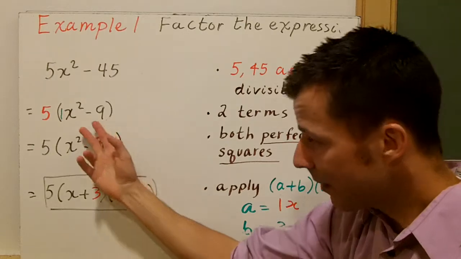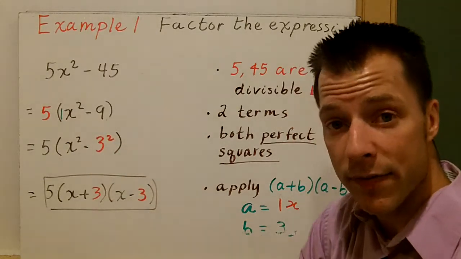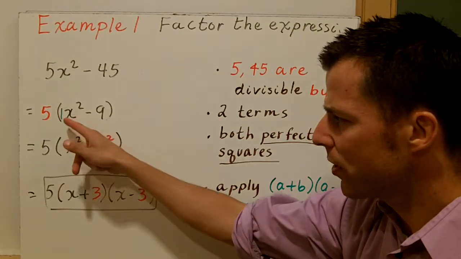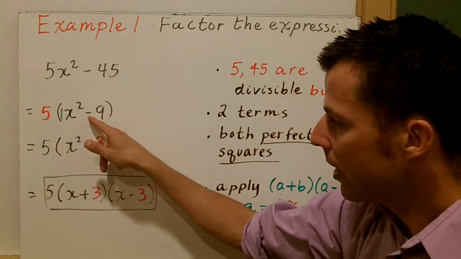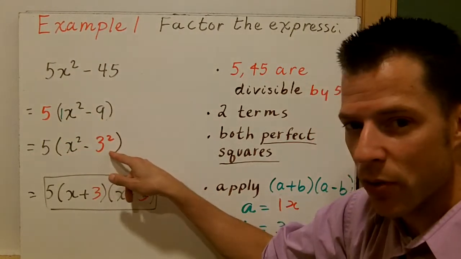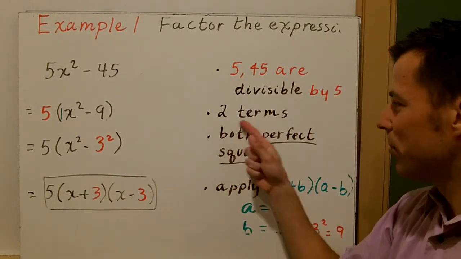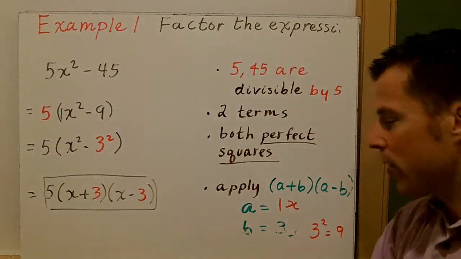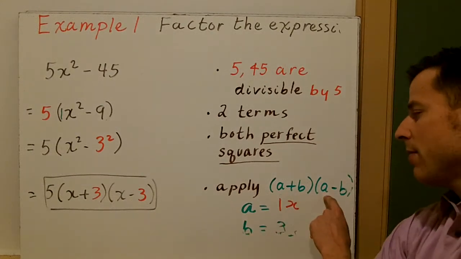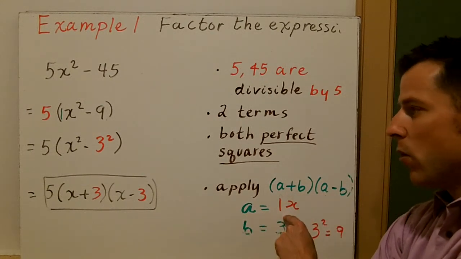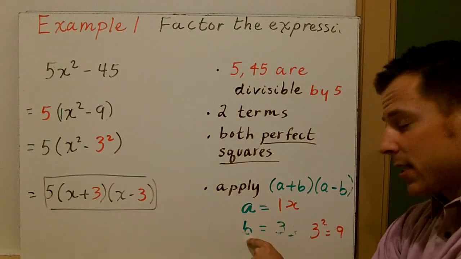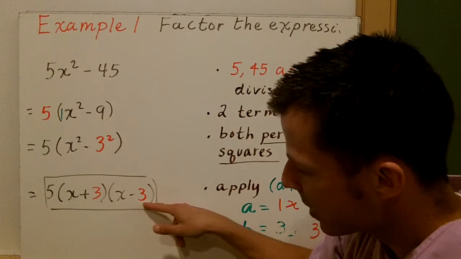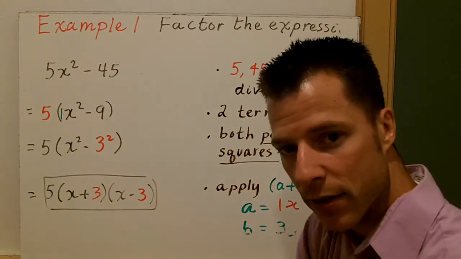Now in my mind, I have to factor what's in parentheses if it's possible to factor. So when I look at that, I say, well, x squared is just 1x squared, and 9 is actually 3 squared. So now I have two terms in parentheses that are both perfect squares. So let's apply the rule. A plus b, a minus b. A is going to be 1x, or just x, and b is going to be 3. So I have x plus 3, x minus 3,